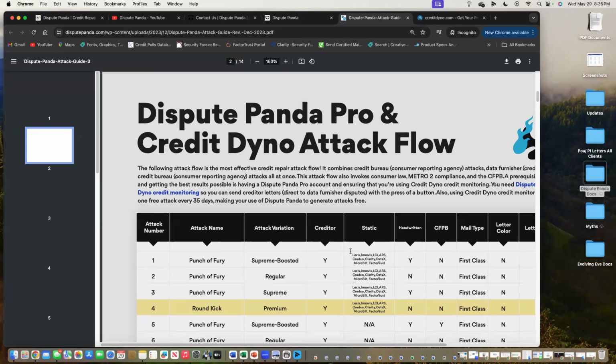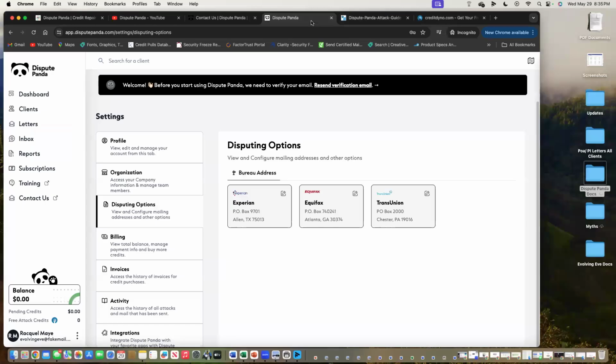And I'm going to show you that, guys, once I go in, but I want to make sure you're clear that the system, whether you have the Credit Dino so that the rounds are free every 35 days, or you're paying that $17 because you're using the other three credit monitoring options, you automatically will get the letters for the main three bureaus. If you want anything additional, then you have to jump to Pro in order to get it,